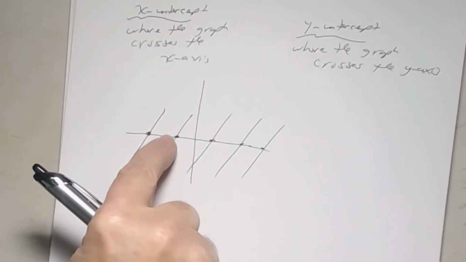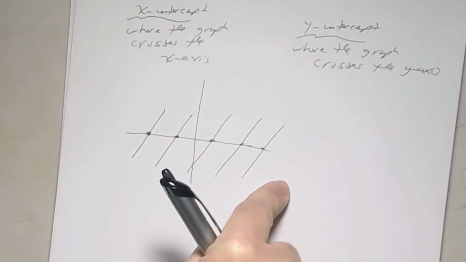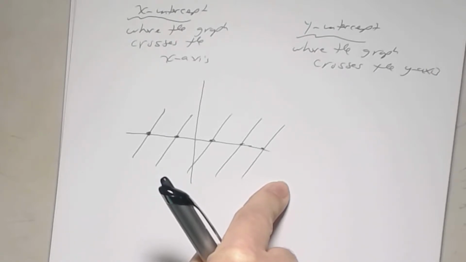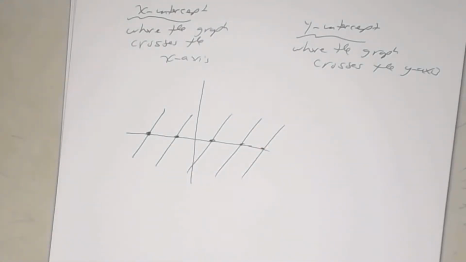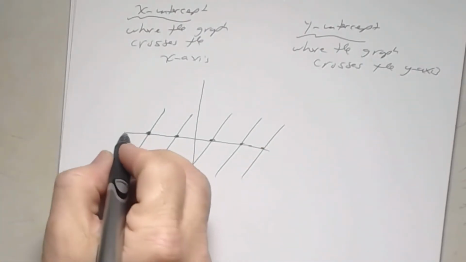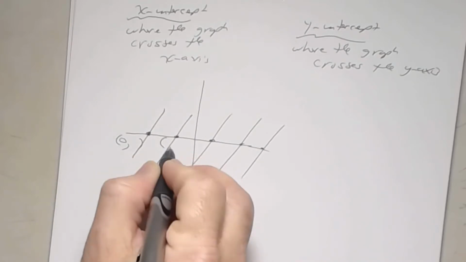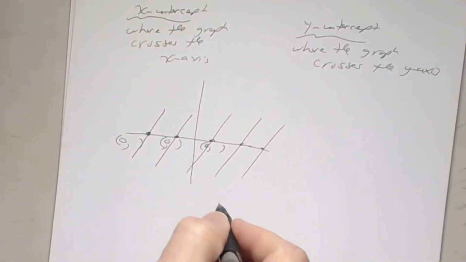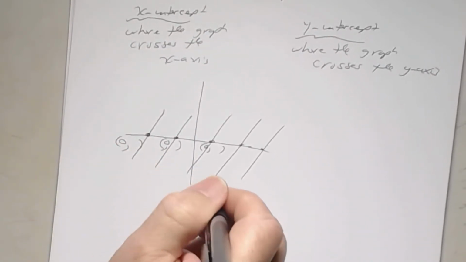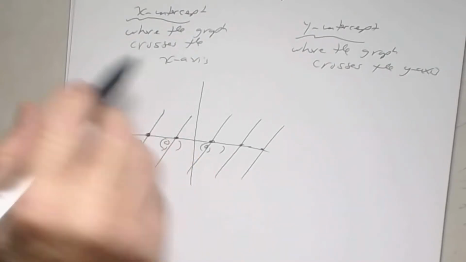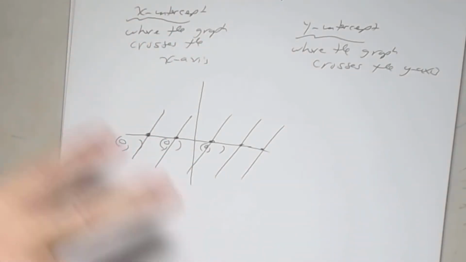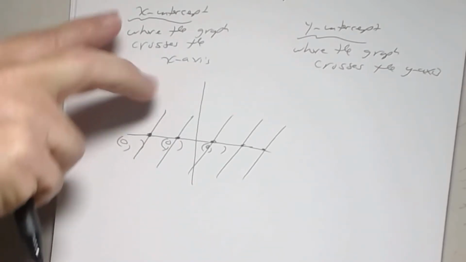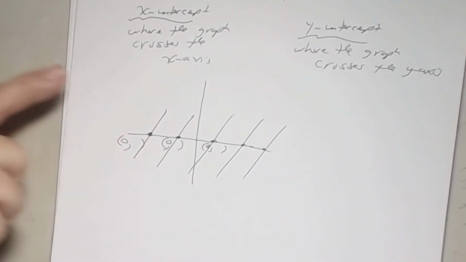All of these have the same coordinate. What's that coordinate? What's that number? 0 for which letter? X. Okay, good. No matter where I'm at here, X is always going to be what? 0. Y is going to be different, but notice that they all have something in common, and what they have in common is that X has to be 0. So when we do these problems in a little while, and it's very simple, if you're going to find the X-intercept,